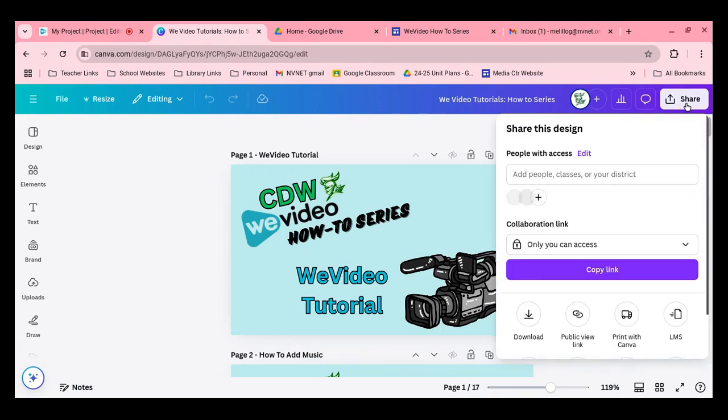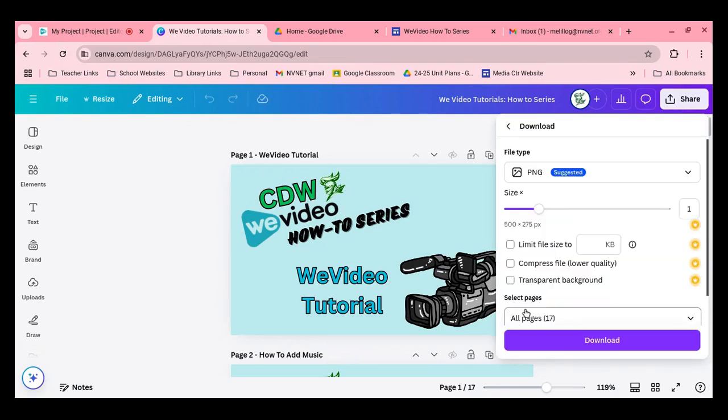So I'm going to go to share and I'm always going to hit the download button. But we are going to make sure our settings in the download area are fit to be uploaded to WeVideo. So we cannot use a PDF or a presentation or anything like that. We need it to be a PNG, which is a picture file. Thankfully, it's already selected, but it might not be. You are also going to want to only choose one image